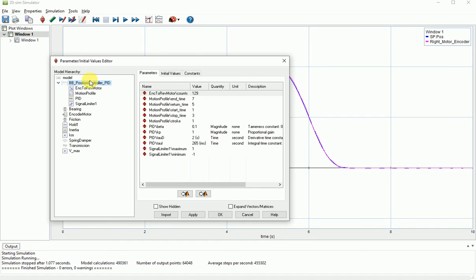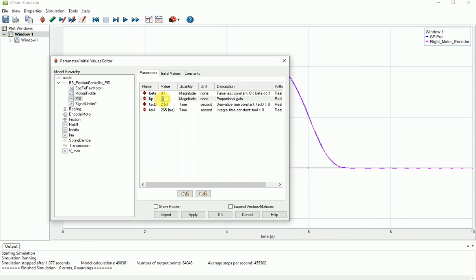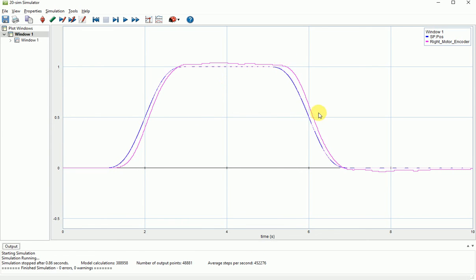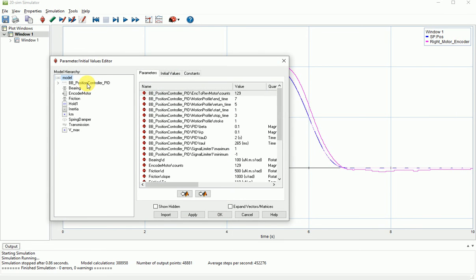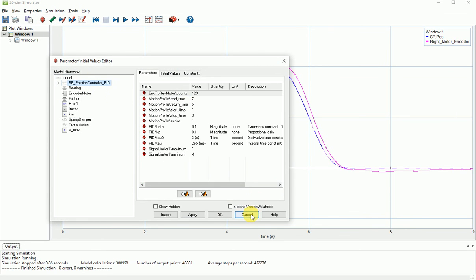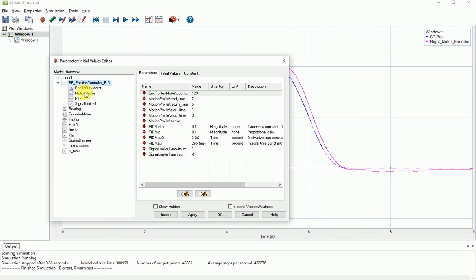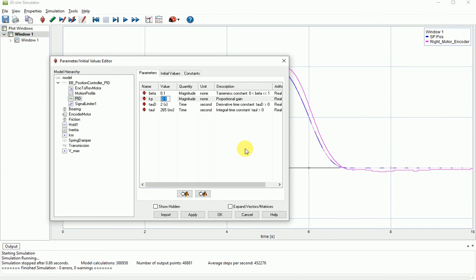You can always change this by clicking on the parameters over here and going down in the sum model and the PID controller. Let's say instead of KP as 1, I make it 0.1 and see how it works. Here you can see that it offsets a little bit and is not closely following the model. We can try this again. Let me go back to the PID controller and make it 1